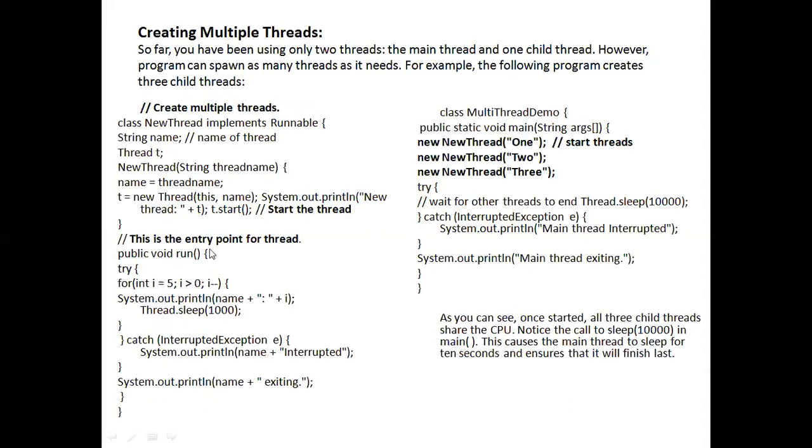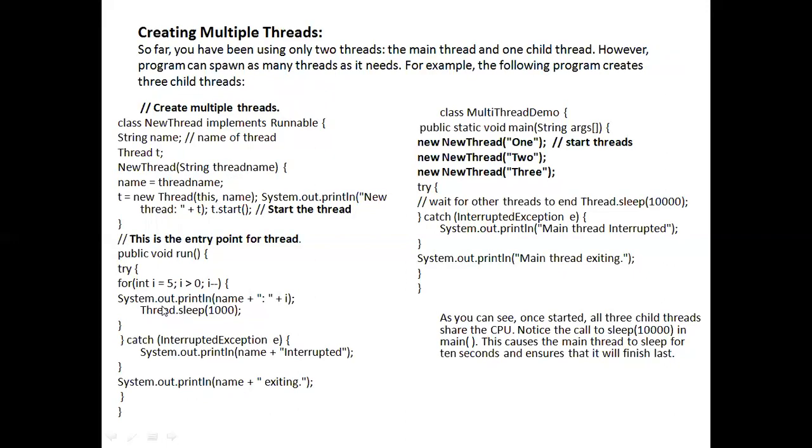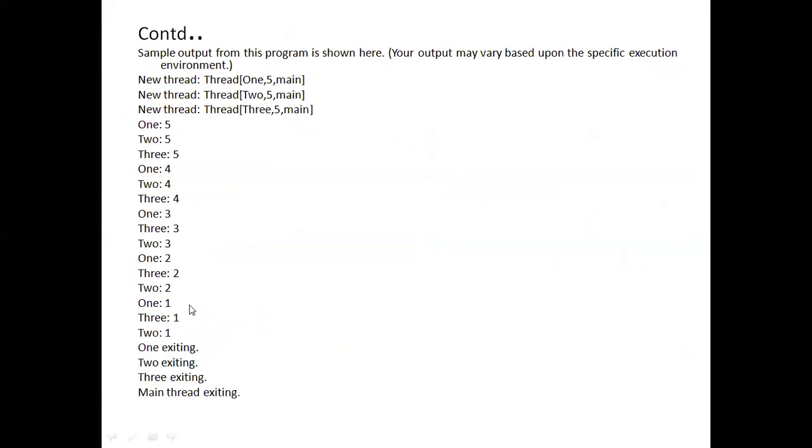So after that, all the 3 will enter the for loop one by one. Now for int i equal to 5, what will be displayed? Name, colon, i, the information. What is the name here? Name is the name of the first child thread, that is 1. Next child thread 2 will enter, so that is displayed here. After that child thread 3 will enter, so that is displayed here. So like this, for all the 3, the iteration with i equal to 5 will be displayed.